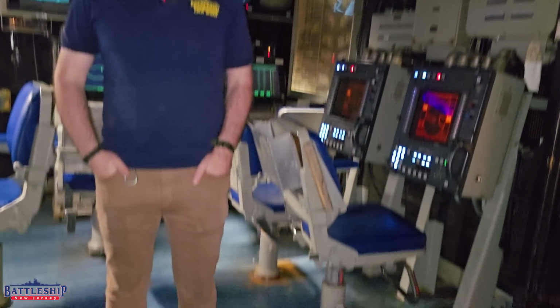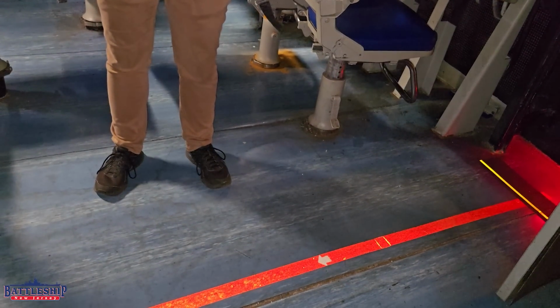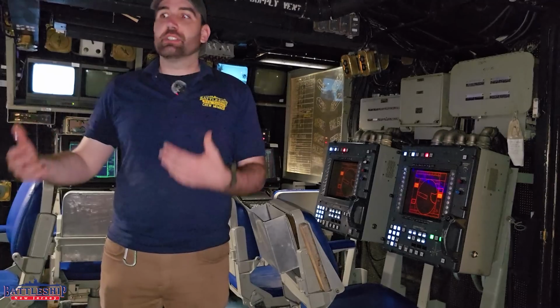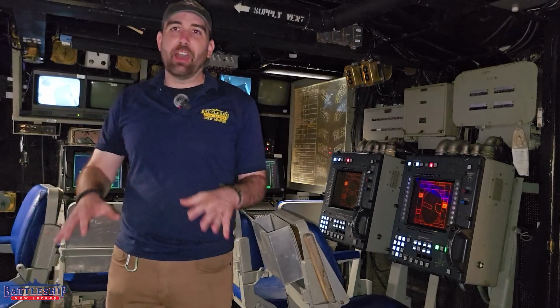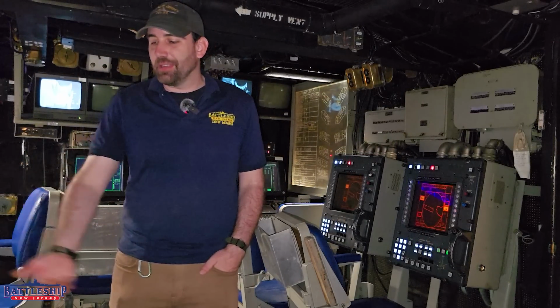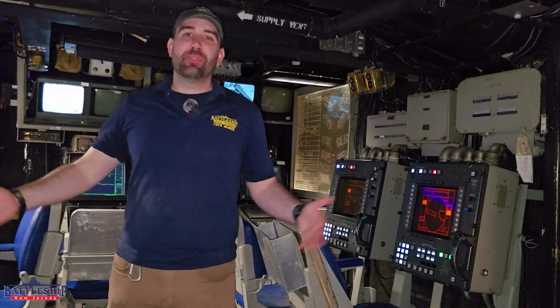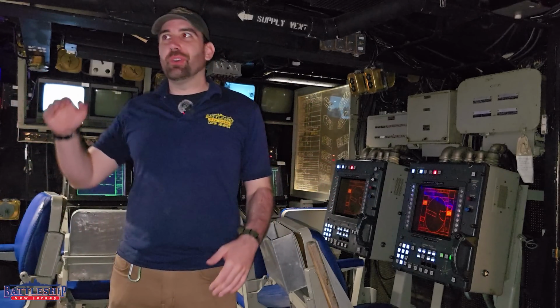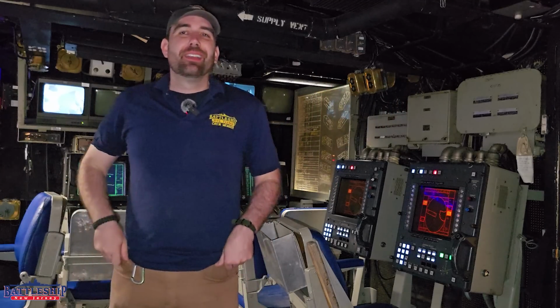This is a box after all, with the deck. The deck is covered with rubberized linoleum, which you see in most of the spaces on the ship where there are electronics. So that rubber helps isolate static charge, electrical charge, things like that. If I'm working on one of these pieces of electrical equipment, that's going to help keep me from getting electrocuted. That's going to keep me safe. That's going to keep the other sailors around me safe. So there is a look at all 6 sides of the cube that is the Combat Engagement Center, perhaps the most important space on the battleship in the 1980s,